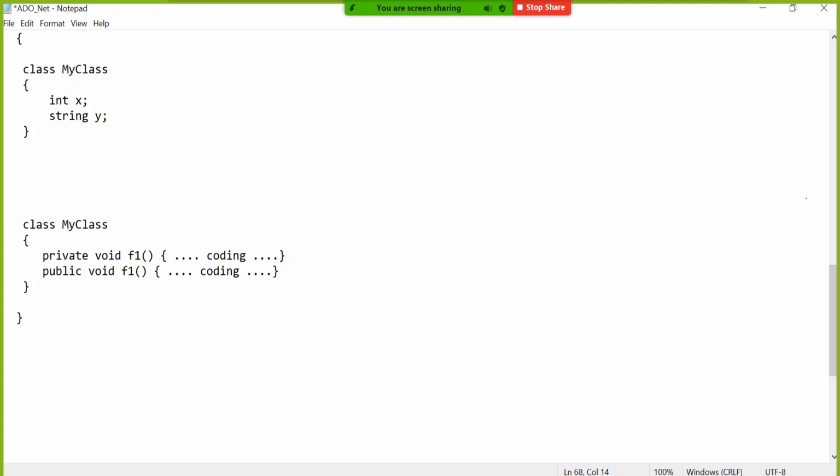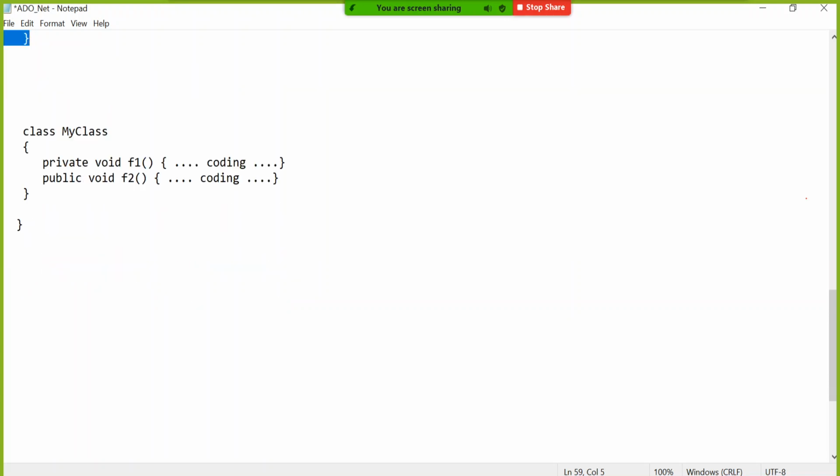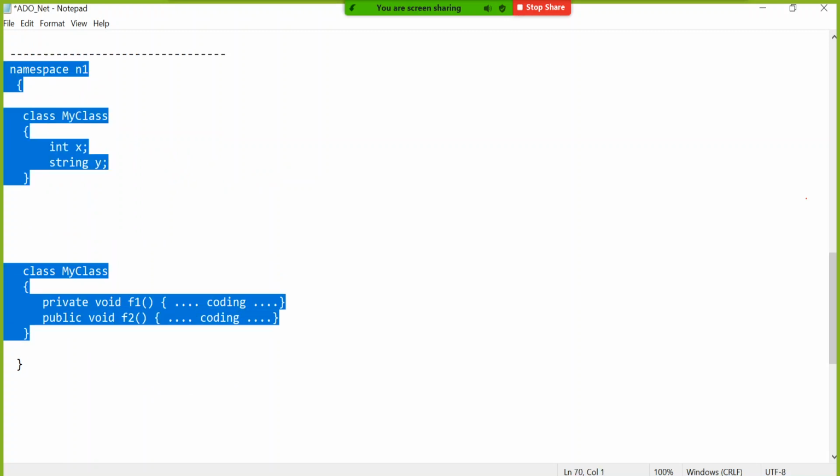This is a C# concept only, understand it. Somebody says, I want to divide the responsibility of the entire class called MyClass into two parts. One place I will keep all the variable declarations, property declarations, etc., and one place I will have all the functionalities. Okay, if it is so, still it will not allow, right?